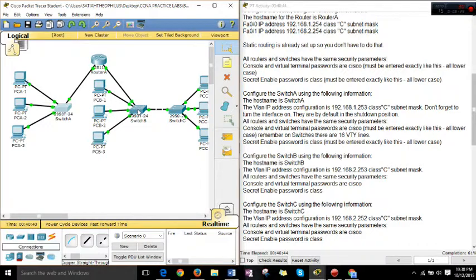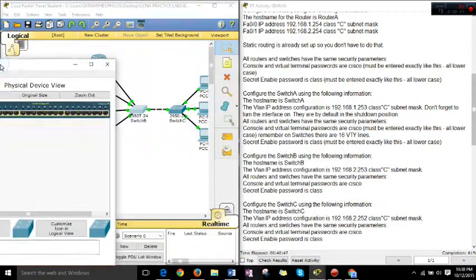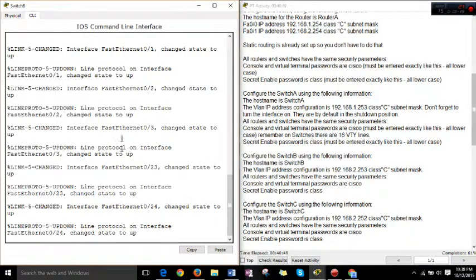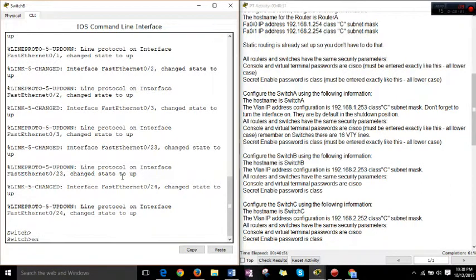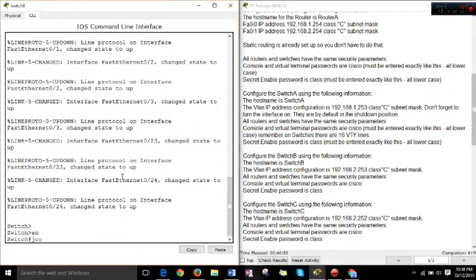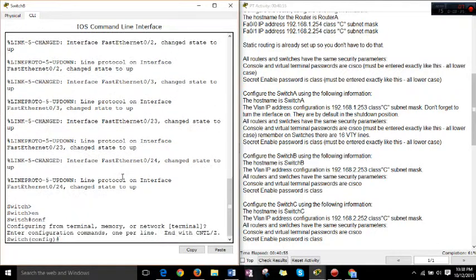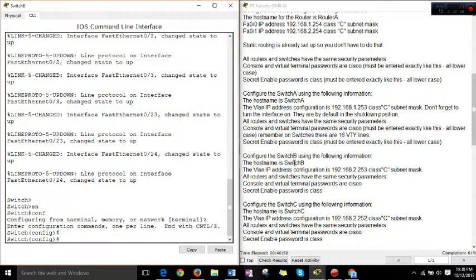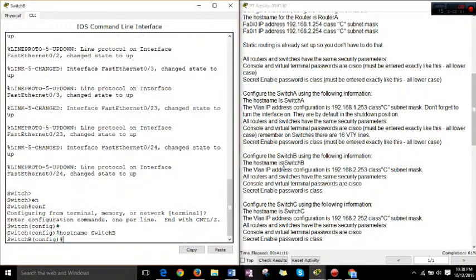Okay, you exit out of it. Now this is switch B. You want to pop that open and enable. Conf t. Next it says host name. Oh, I'm not naming the switches yet, so I'm going to do that. So host name, switch with a capital S and a capital B. That is done. Interface VLAN 1,